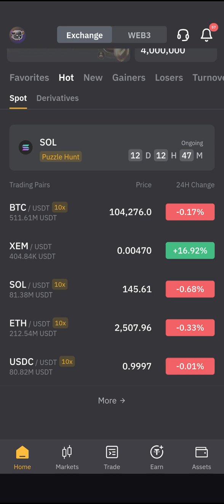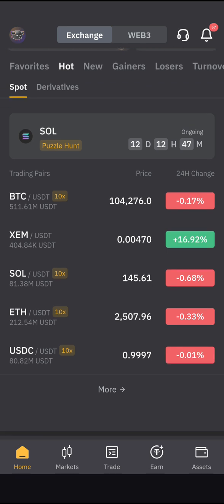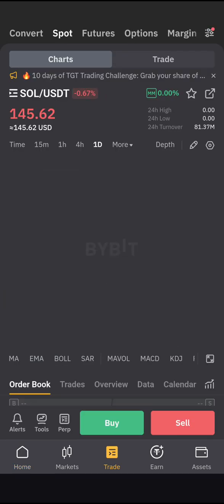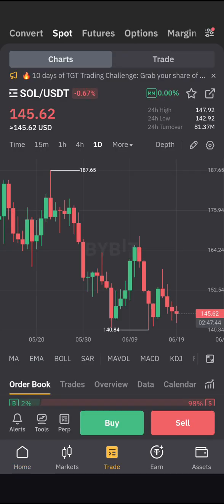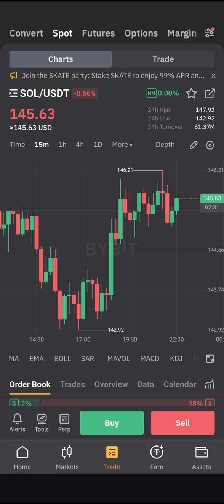Okay, so we're going to choose a coin here, which is SOL, which is Solana. So choosing SOL, let's look at SOL and see how it has been doing for the past 1 day and also for the past 15 minutes or 1 hour. So we're going to first look at the 15 minutes on SOL. So this is the 15 minutes on SOL. So in this 15 minutes,